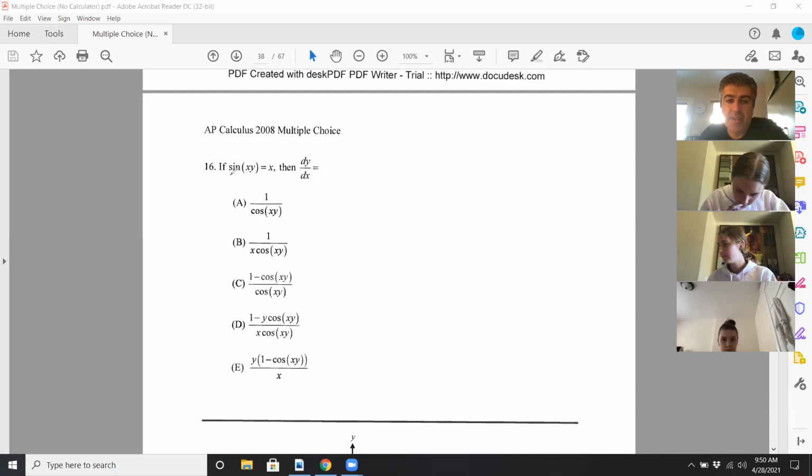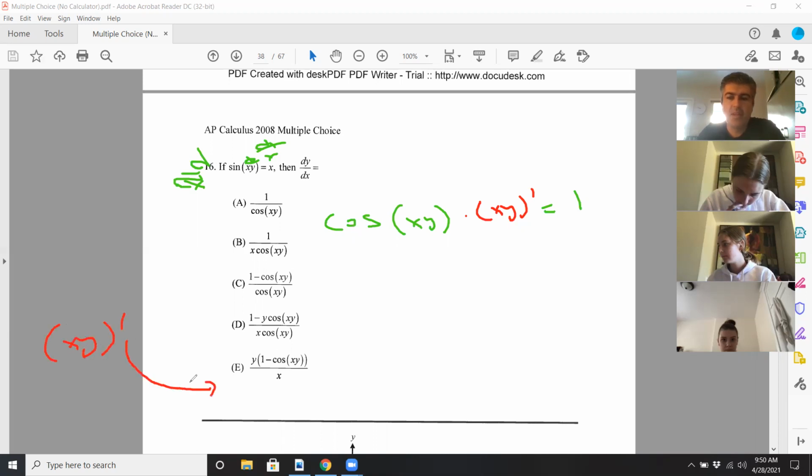So the derivative of sine we know is cosine, because you're basically doing d dx to both sides, right, as an operator. So you get cosine of xy, but then you got to multiply by the derivative of the inside. So be very careful with that. Equals just 1 on the other side, right? Now off to the side here, let's look at the derivative of xy. The derivative of x is 1 times y plus x times y prime. That's what we want. We want to isolate y prime. So coming back,